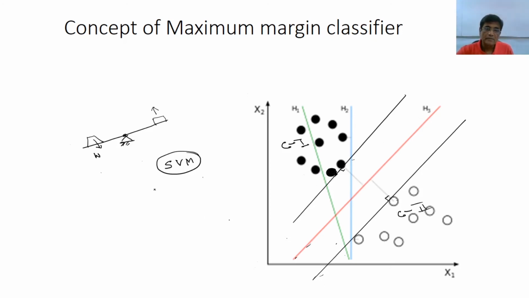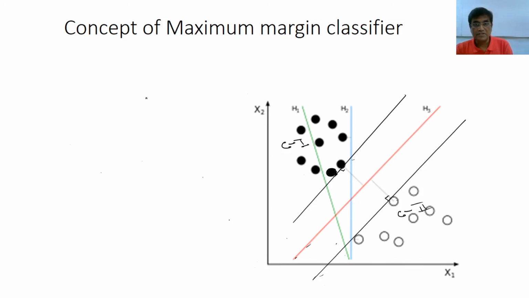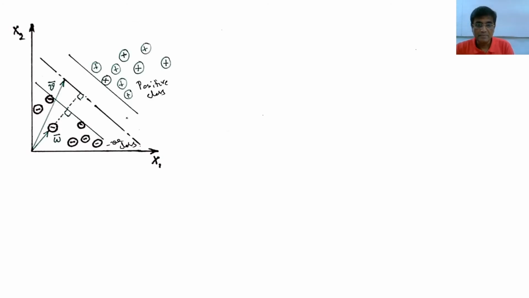Also, from macro level, this can also be called a machine because if you consider it as a black box, once a machine is designed, you give an unknown sample, directly you will get in which class it belongs. So, these are perhaps the reasons for which we are calling it support vector machine. It's just like behaving like a machine.